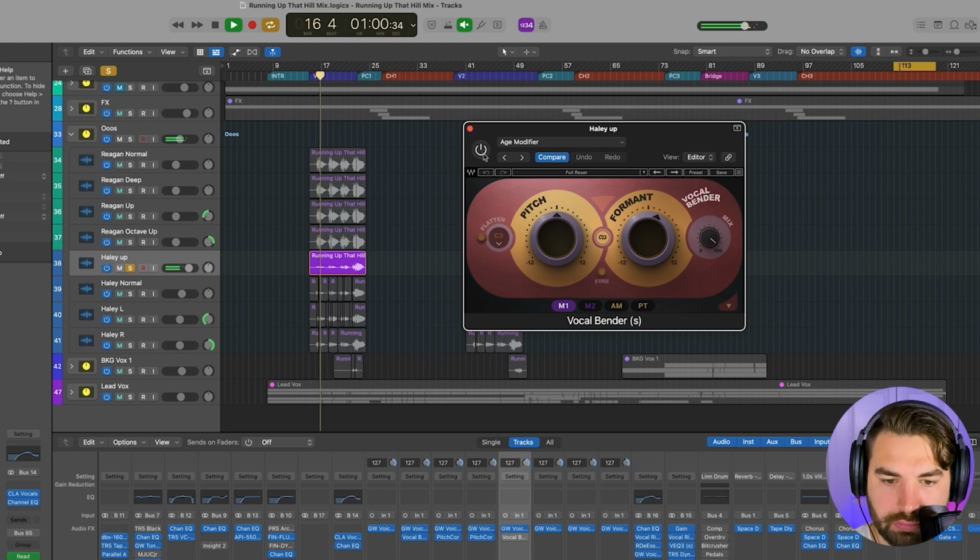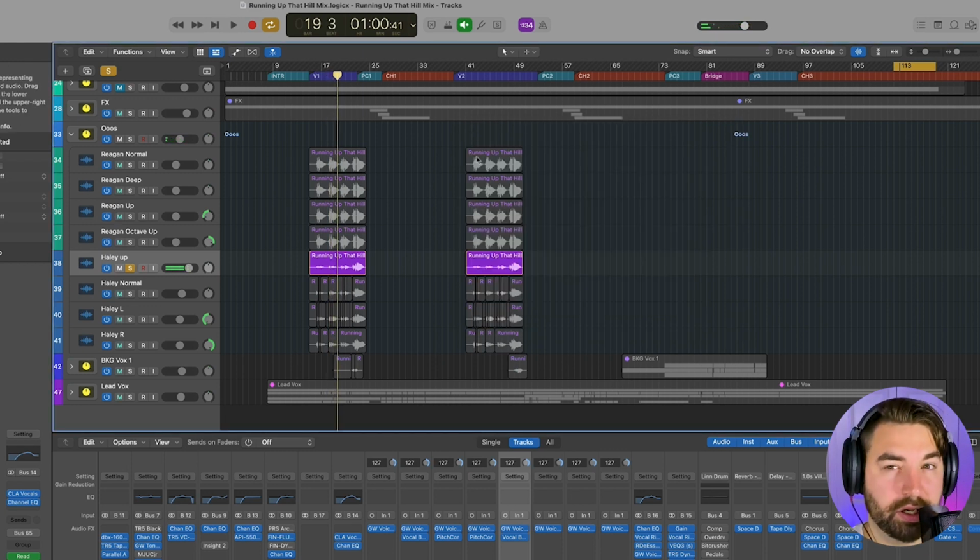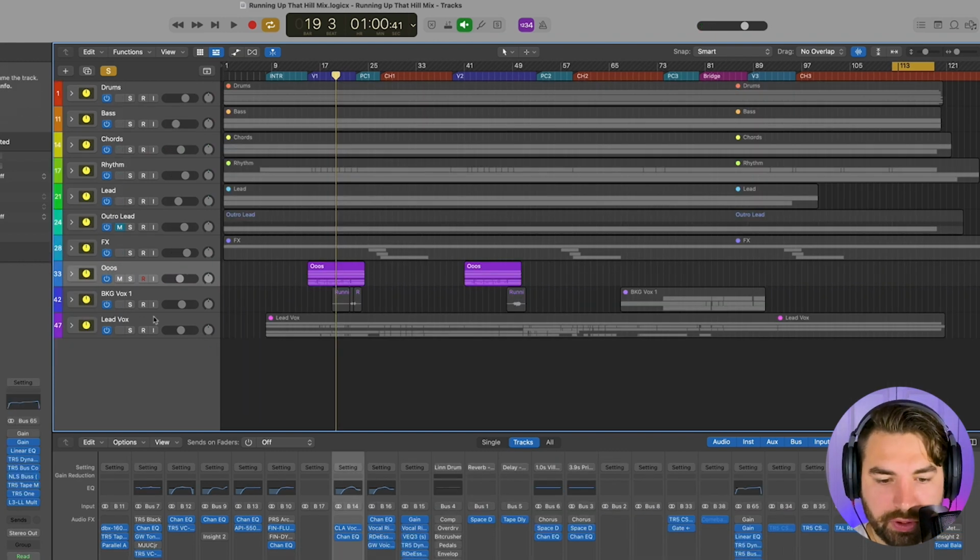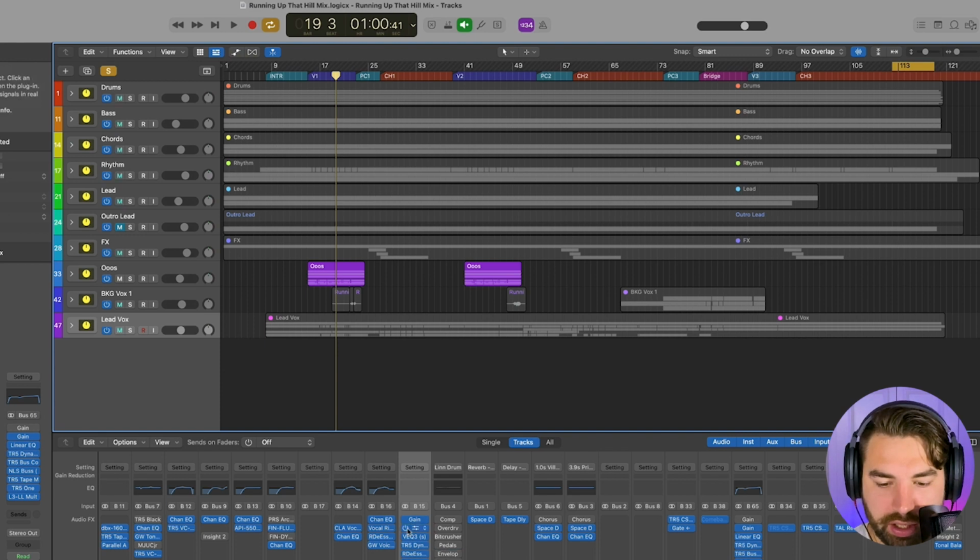Cuts without. So that's with it in. So it just kind of makes it sound a little bit younger and it's a little higher pitched, just to add a different texture. And then for the lead vocals, did quite a bit here, so we can see all